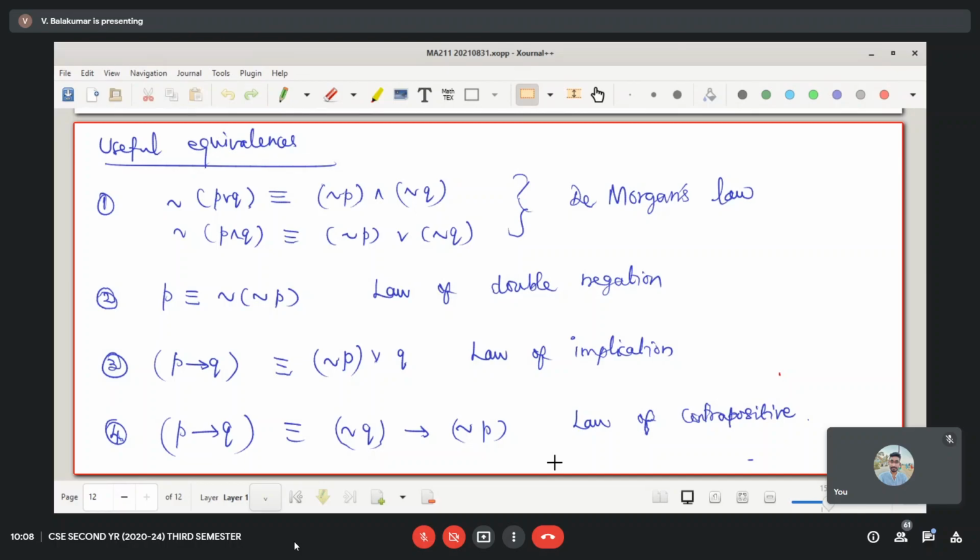Instead of comparing the truth tables, you can start from the left side, step by step deduce, and finally reach the right side. For such things, we need some other rules, which we call inference rules or rules of inference.